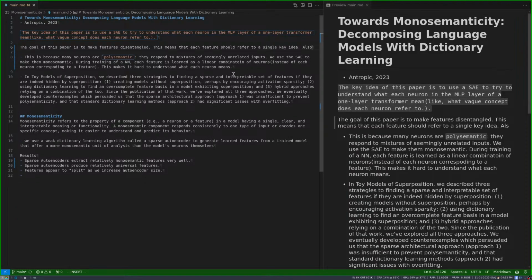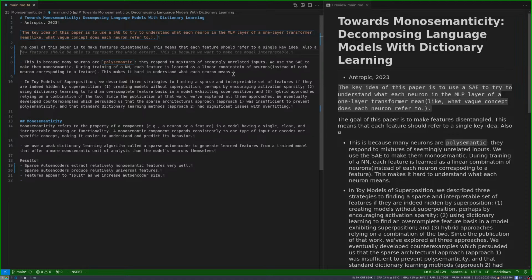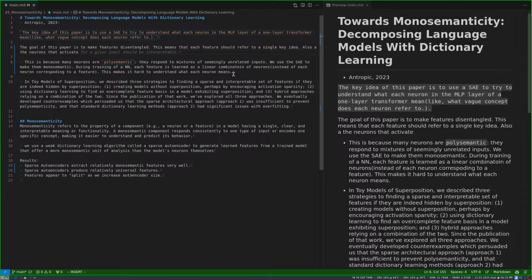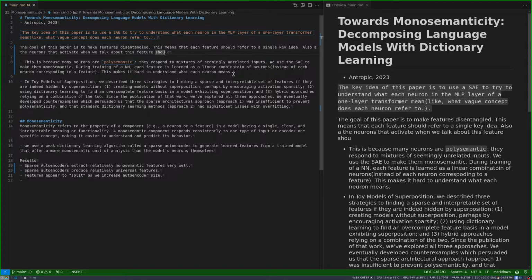Also, the neurons that activate when we talk about this feature should be